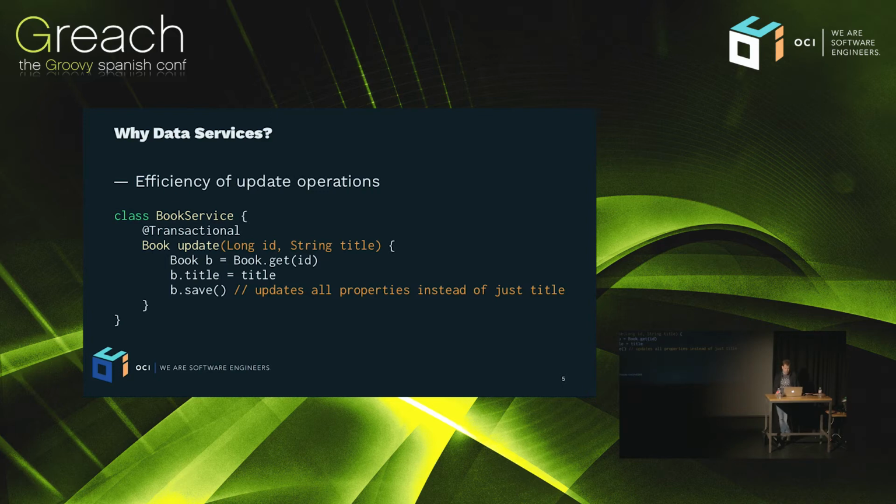And what that means is that it'll produce an update statement that will update all the properties of your domain class. So even if you're only setting the title, the update statement is still going to write, or attempt to write,